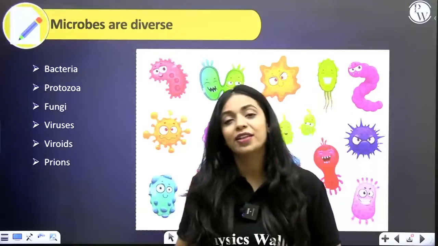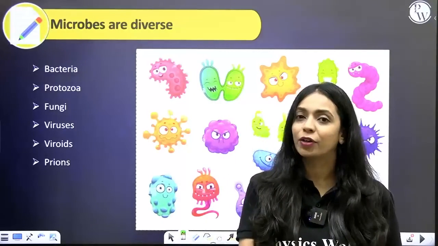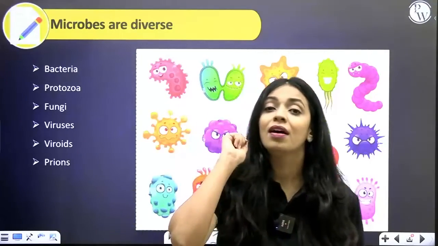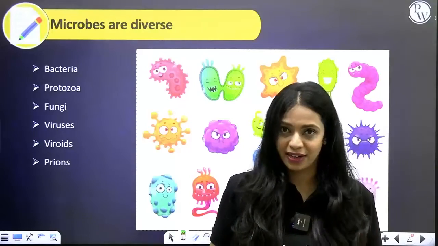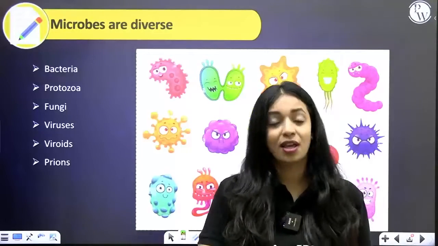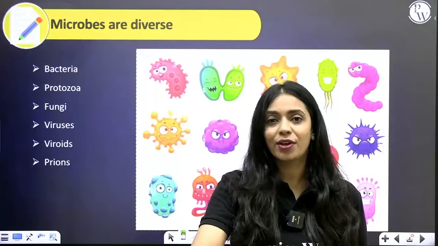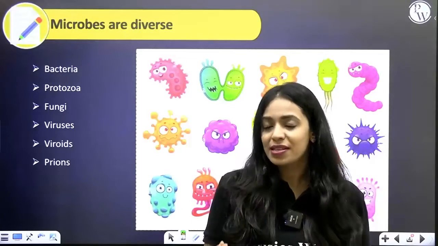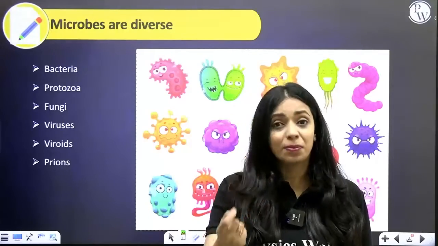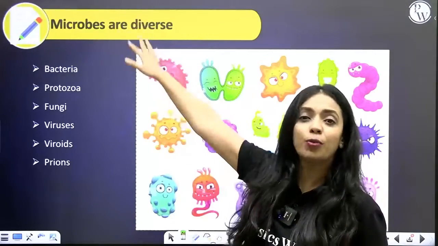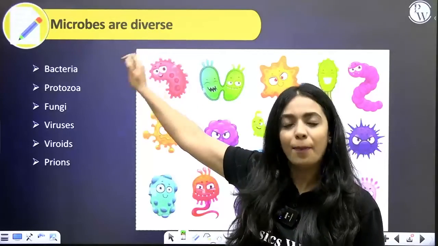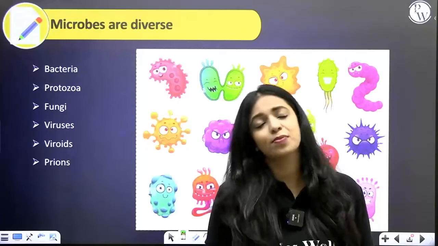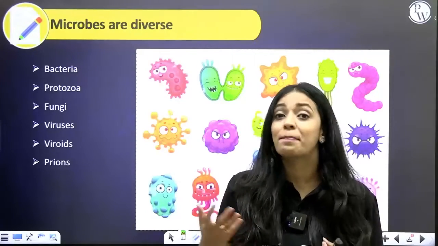So what are the different kinds of organisms that are included under microbes? I'm sure you've learnt about so many different unicellular organisms in the chapter biological classification in 11th grade, right? There you learn about the 5-kingdom classification, where you have Monera, which includes prokaryotes, then you have Protista with unicellular eukaryotes. All of these unicellular organisms that are too tiny to be visible to your naked eye are grouped under microorganisms. Apart from that, viruses, viroids, prions, all of these are also extremely small. So they also are called microorganisms.